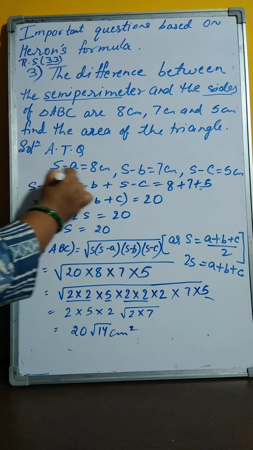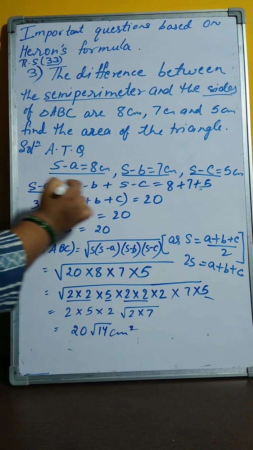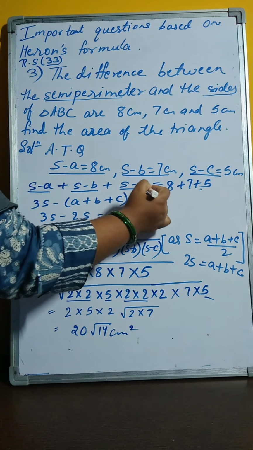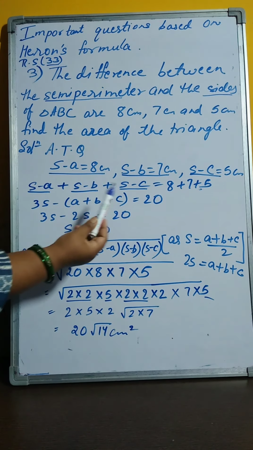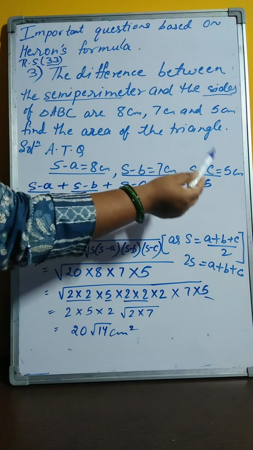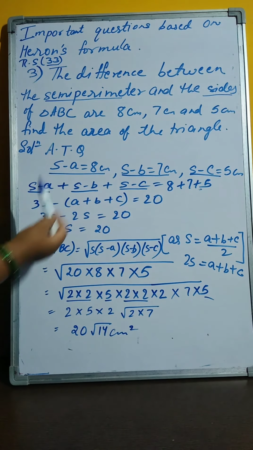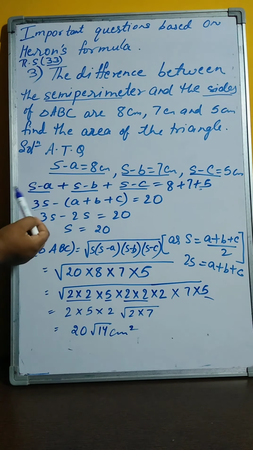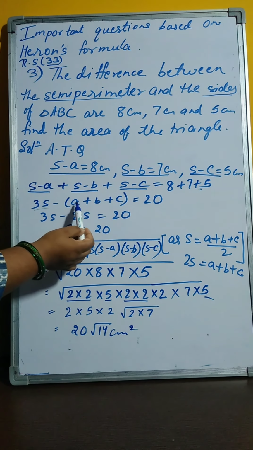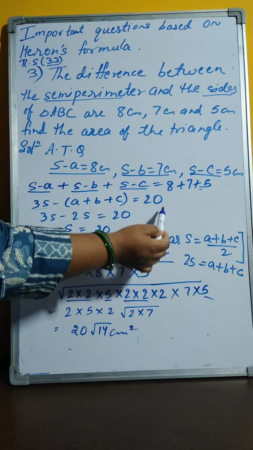So let us add these three equations. s minus a plus s minus b plus s minus c. So we have added the left hand side, so we have to add the right hand side as well. 8 plus 7 plus 5. So s, s and s, all three will be added and we have 3s. Minus sign I am taking out common from these three. So the minus sign is out. So in the bracket we have a plus b plus c, which will be equal to 8 plus 7 plus 5,